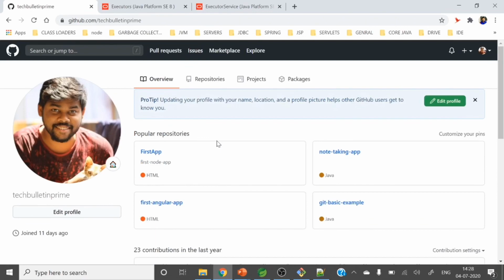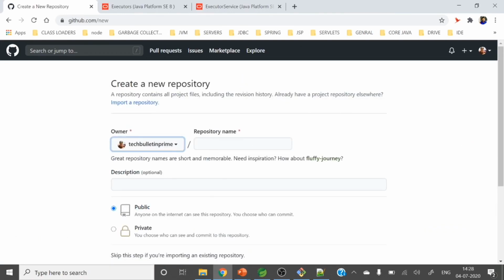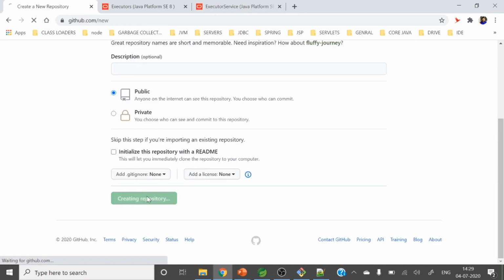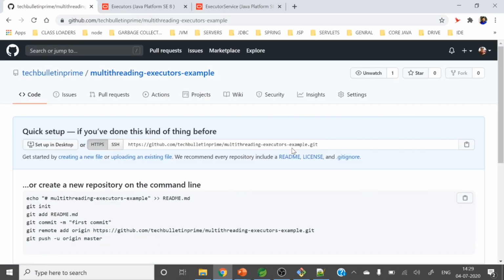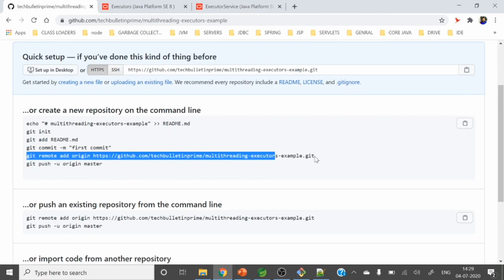This is my GitHub account. Let's go to repositories. Let's create a new repository. Multi-threading, multi-threading executors example. So let me create this repo. Yep, we have done. Then we'll add origin, add the remote repository to that local one. Copied.